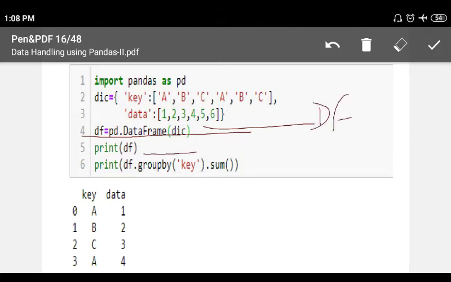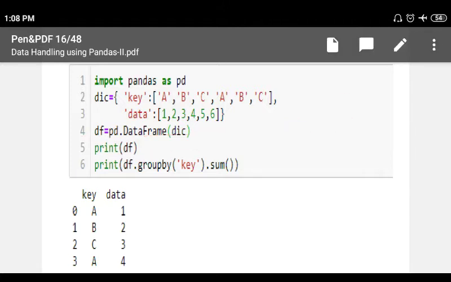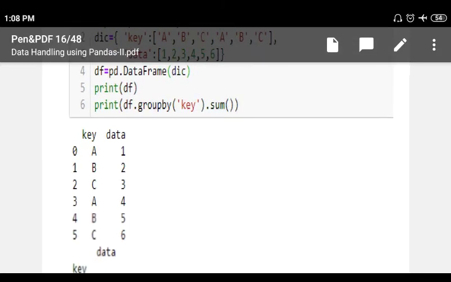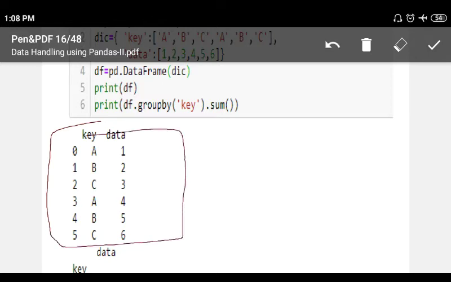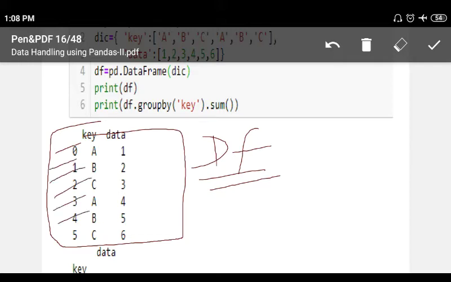We have printed the data frame. You see the result of this data frame. The keys have become the indexes, and two columns are there, one is the key column and one is the data column.